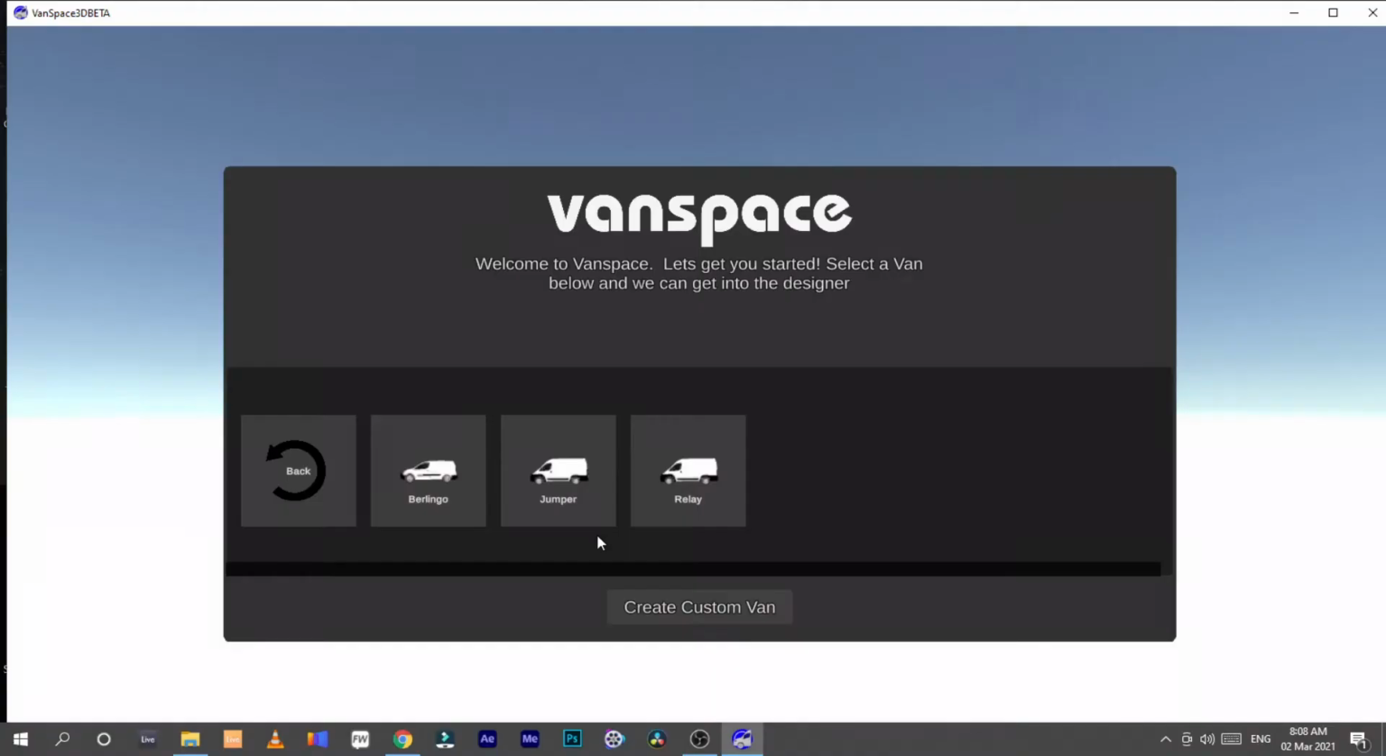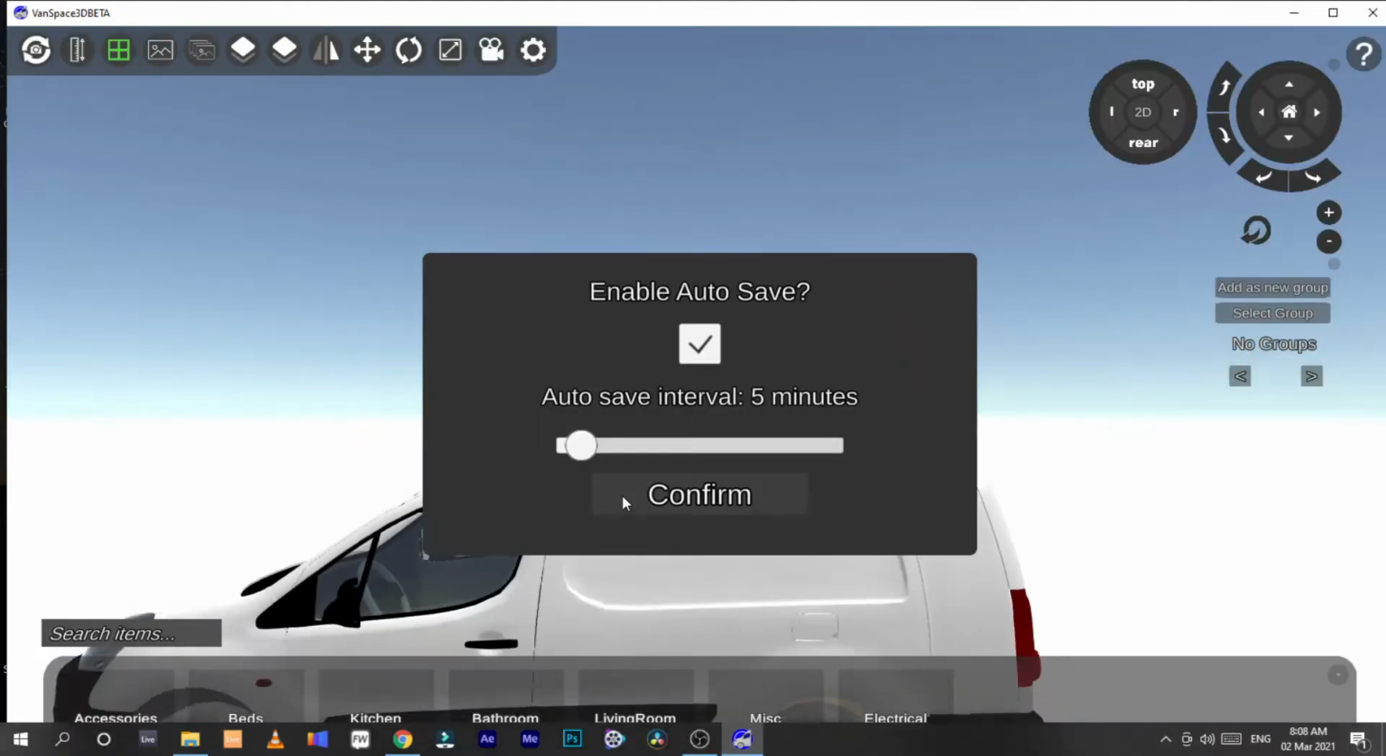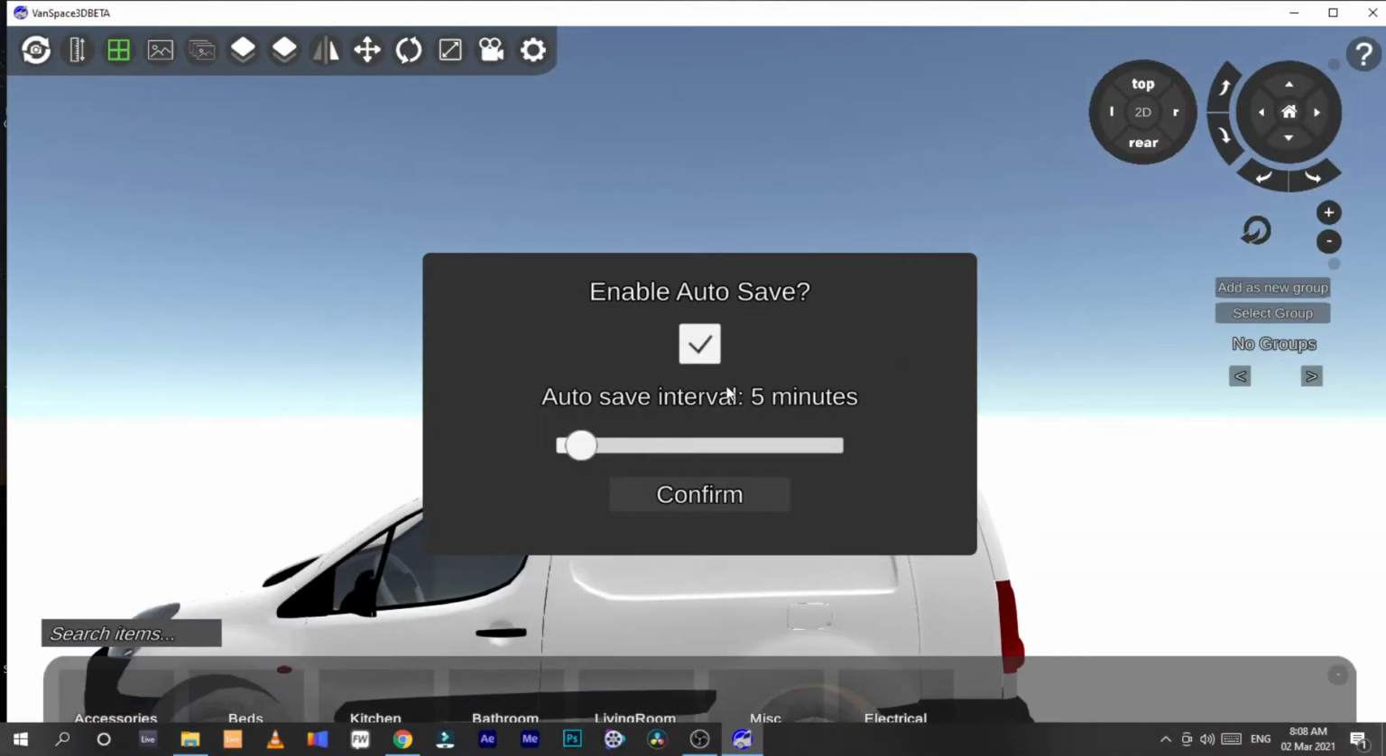So we'll just go with Citroen. You just go with the Berlingo, and you see within that Berlingo brand you've got two different types. This is just with a longer wheelbase. You just select it, you wait. You can enable autosave or not. I wouldn't recommend turning autosave on